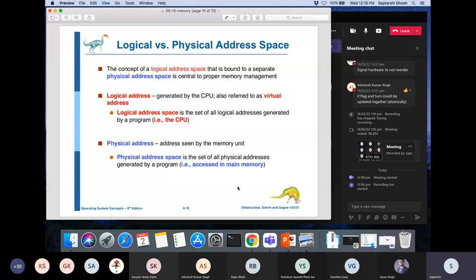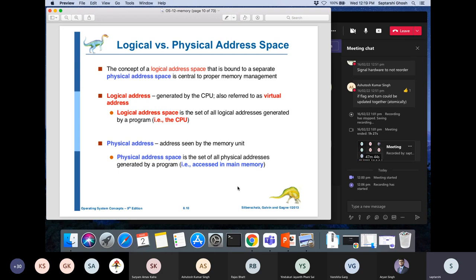And a physical address is the address actually seen by the hardware memory unit. As we will see in a few slides, the logical address space and the physical address space may not be the same. So there is a process by which a logical address generated by the CPU is mapped to